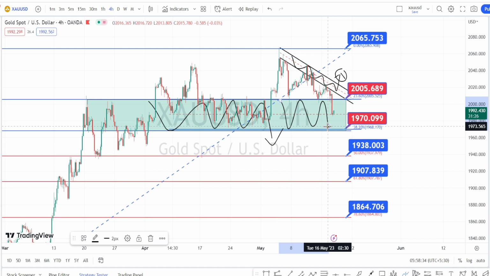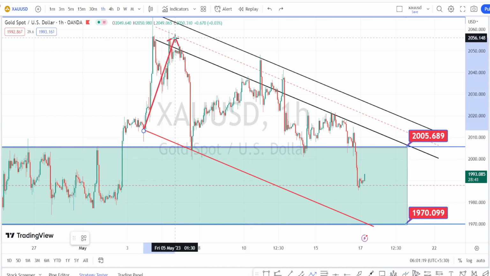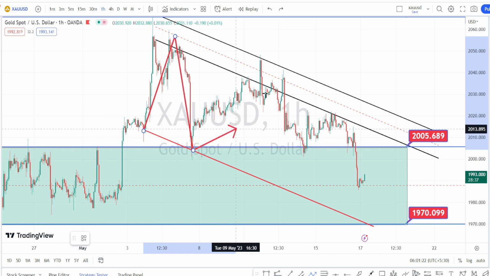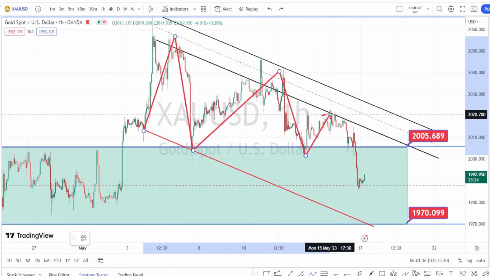Let us look at the price action for hourly time frame. I'm in hourly time frame, and when we look at the price action in hourly time frame also, we are noticing it to be trading in a bearish trend. So whenever the price action takes this bearish channel pattern, we have noticed it to bounce back on the bearish side retracement, and currently it has taken support around the support level of 1986, and it is on a bullish